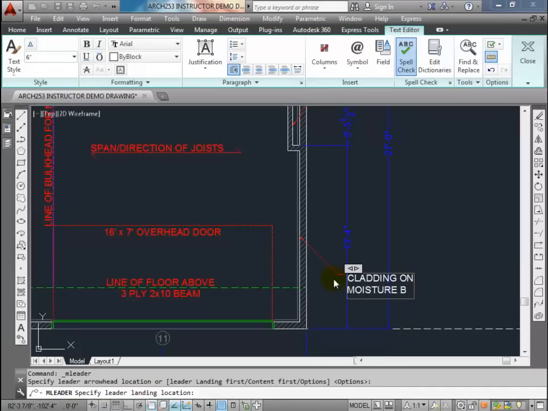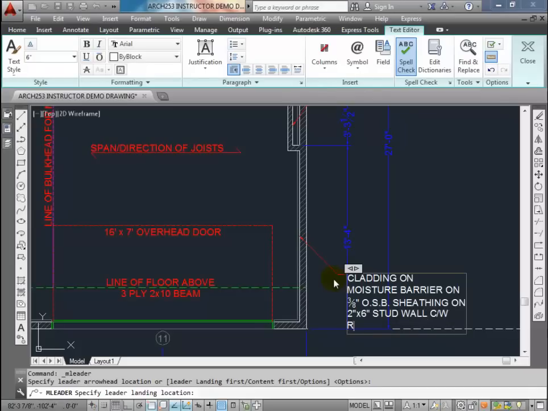Put moisture barrier. 3/8" OSB sheathing on 2x6, 2" by 6" stud wall. Comes with, complete with,